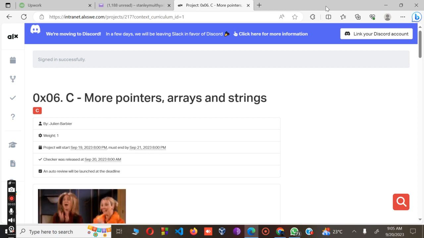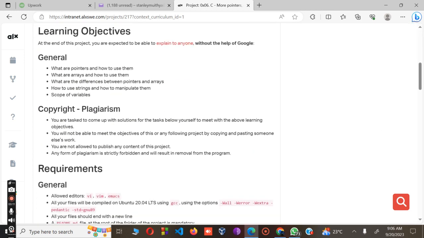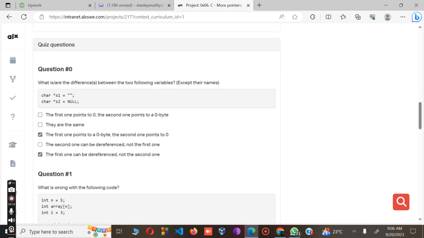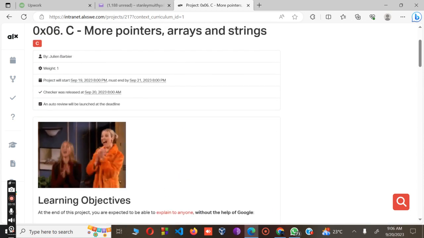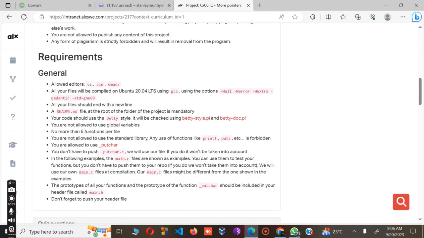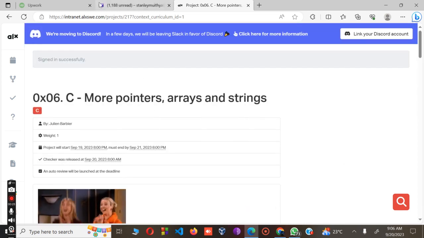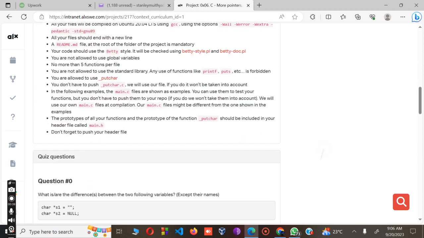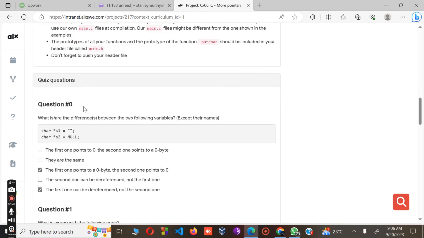Today I'm going to show you how to go about the C quiz on more pointers, arrays and strings. Before we attempt the quiz, always ensure that you go through the material that you learned on the previous assignment, that is 005 on C, more pointers, arrays, and strings. If you go through the previous reading material, you'll be able to do the assignment quite easily. For question number 0,